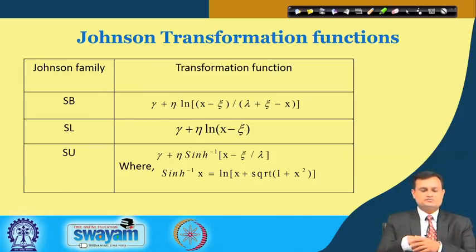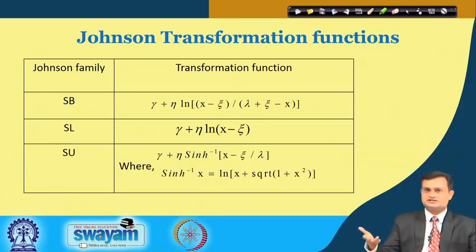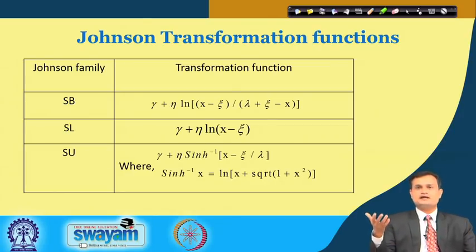So, you have SB, which is typically expressed in terms of a transformation function lambda plus eta log x minus zeta divided by lambda plus zeta minus x, and same way you have SL and SU. I am not going into the details of these mathematical expressions, but I would like to mention that depending upon your nature of data, it will select one of these mathematical functions and transform the data